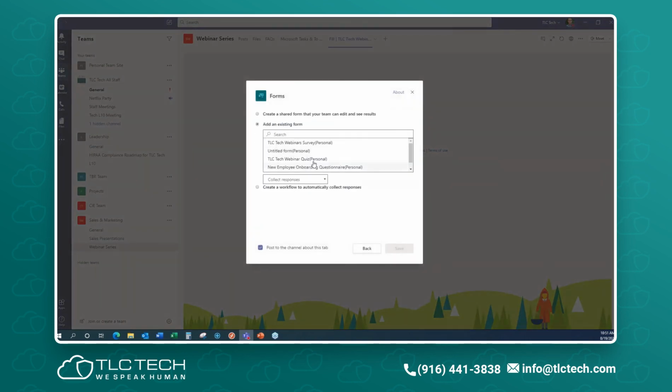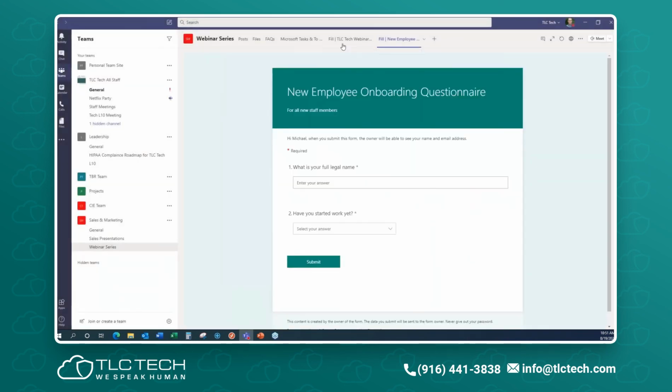So I'm going to say add this one. We know that we've got the new employee. We'll do that one. So I can have two different forms on here within the same channel. But again, best practice, do it inside of the forms section of Office 365 and then go ahead and embed it how you want.